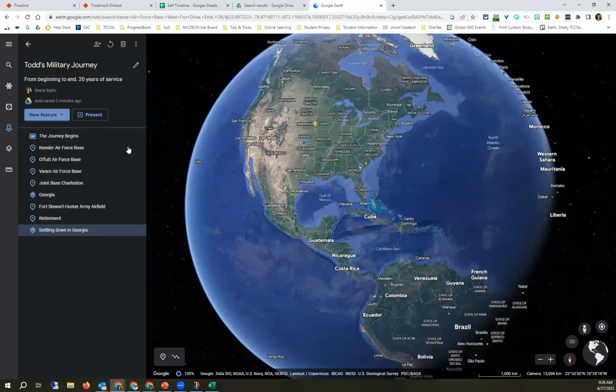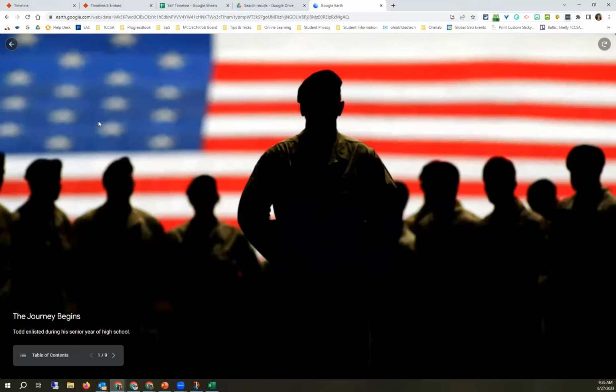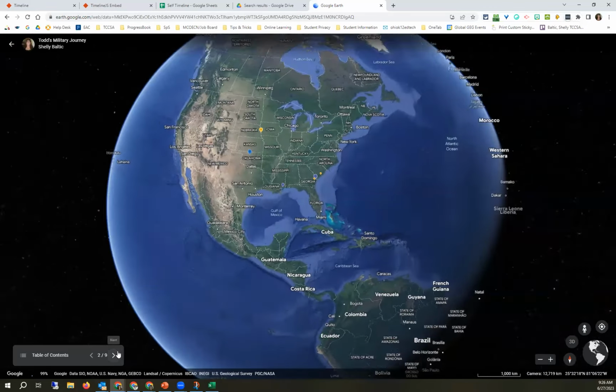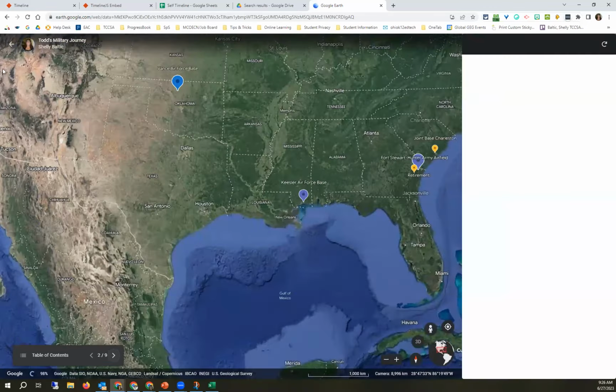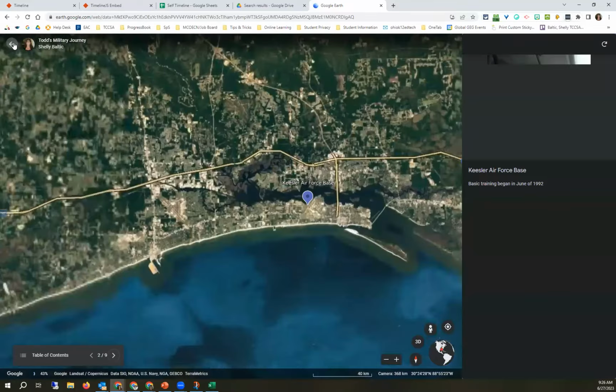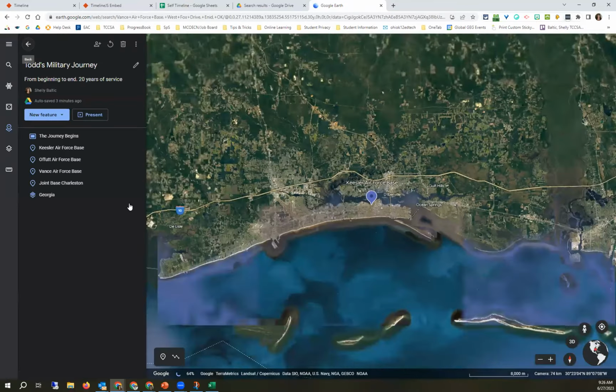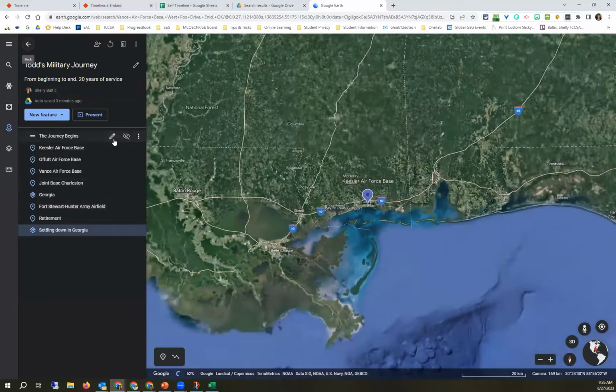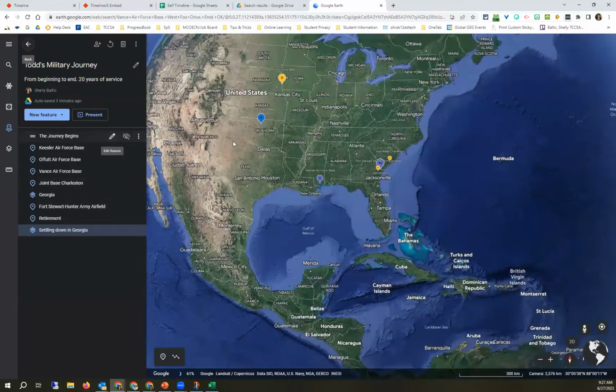So then again, as you're working on it, as you're presenting, think of this basically as a kind of Google slideshow. You want to present, so it gets into full screen mode. You can show these in front of the class, going location by location and so forth. As you're going through those, if you notice a typo or you want to change a picture, anything like that,